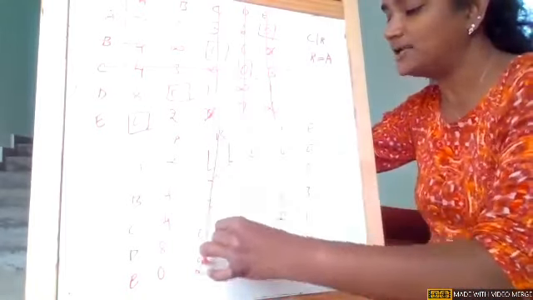Now go to a row or column where there is no assignment. In the 4th row, there is no assignment. Now not only zeros, I can also make 1 an assignment. If I take this one, there is already an assignment in this particular column, so I can't make it, and it becomes a crossed one. If I come to this one, there is no assignment, but in this particular column there is a 0 and a 1. For this 0 there is an assignment, so I cannot make it. This one, I can make.